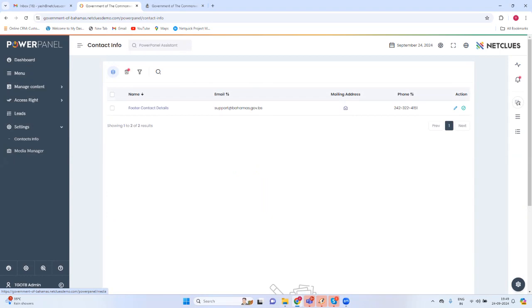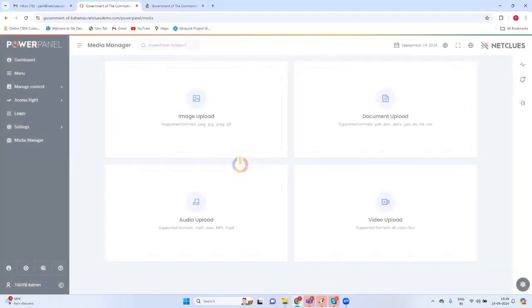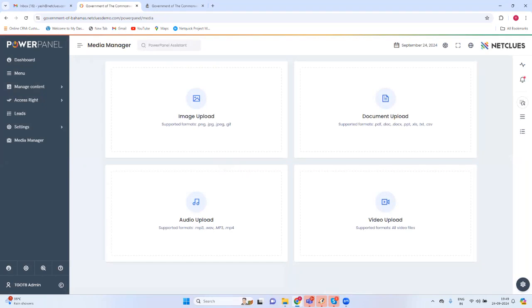Correct. Media manager. Media manager will allow you to do the management for all different media which you need to upload and utilize on the website. So if you want to utilize any of the images on the website, you can upload through the help of the image upload manager. Documents, again, it's the same. Video, you can upload the videos, and you can also upload the audios as and when required. Now,